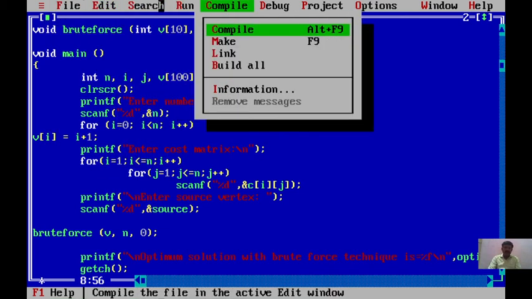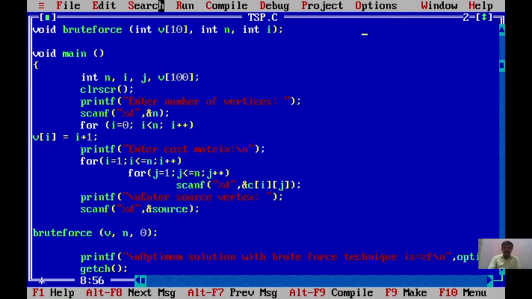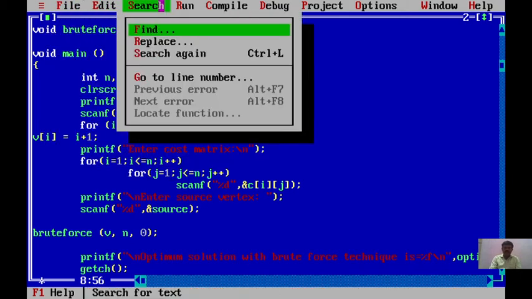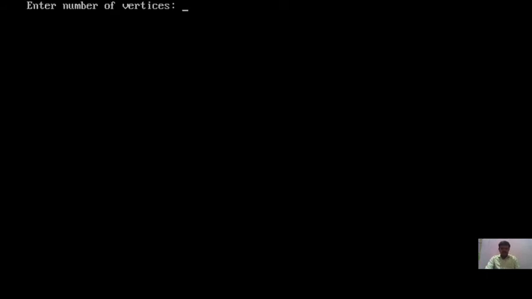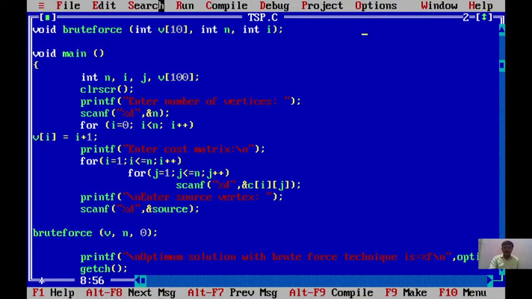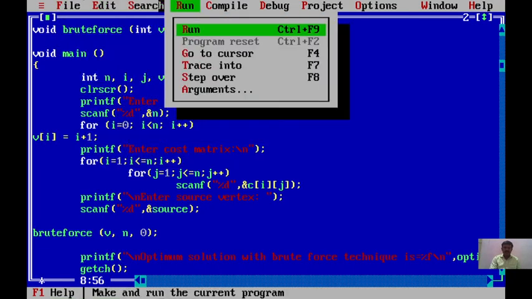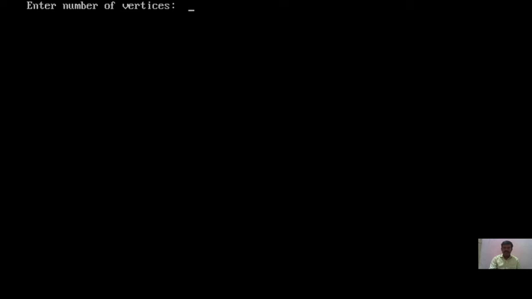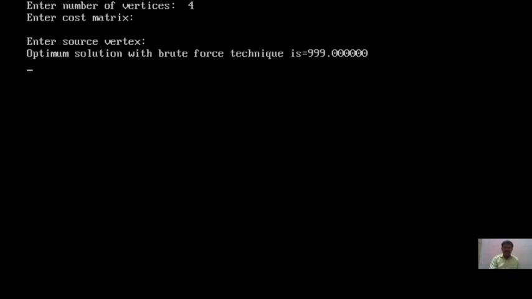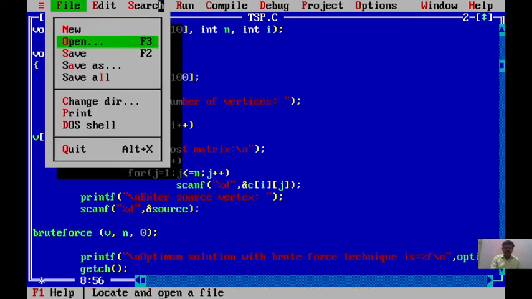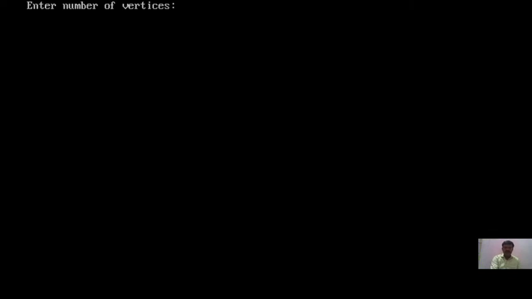Then let us compile. No error. Then run the program. Number of vertices: 4. Enter the cost matrix: 0 4 7.